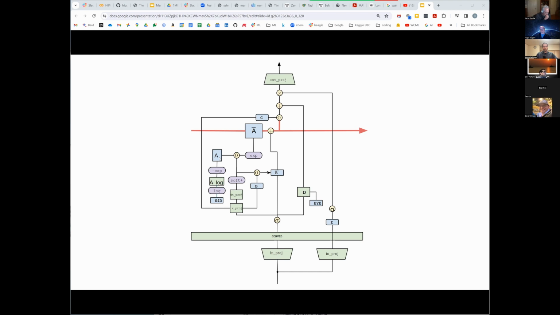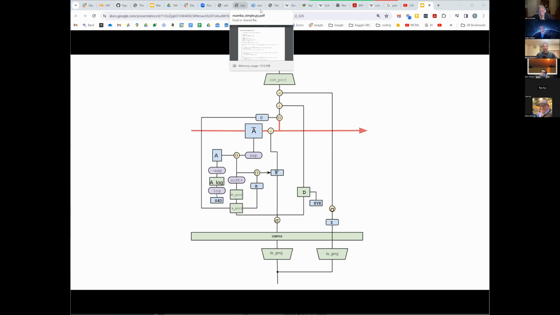Once you have that, they do the process to discretize the A to come up with the A bar. They multiply it times the delta T, so the output of the softplus. They multiply it by that, and then using the, if you look at the paper,